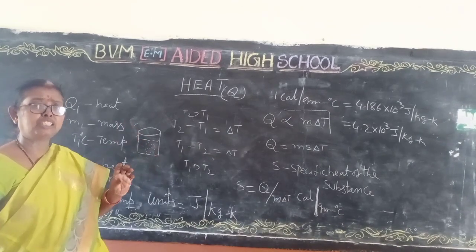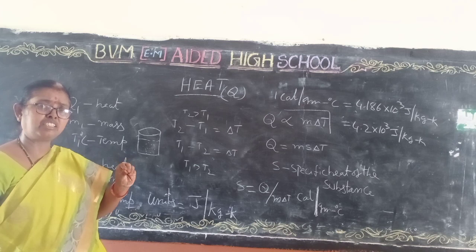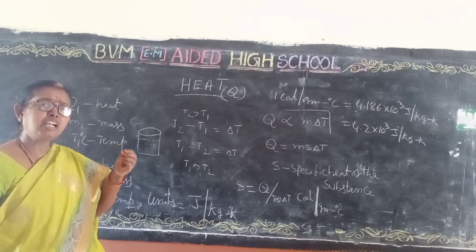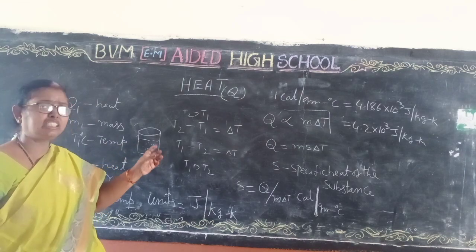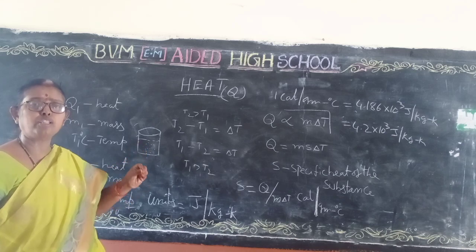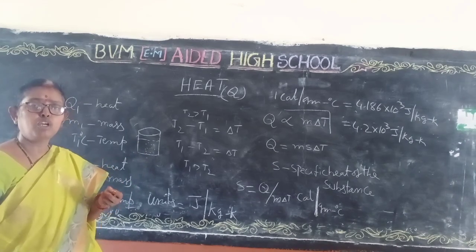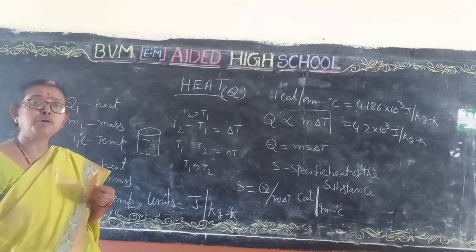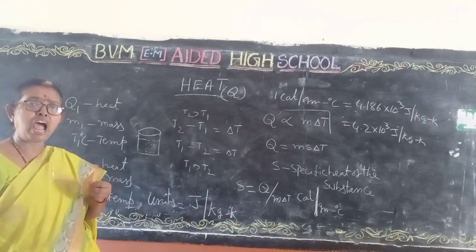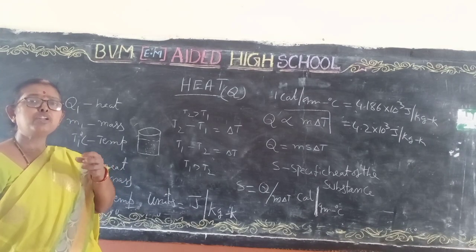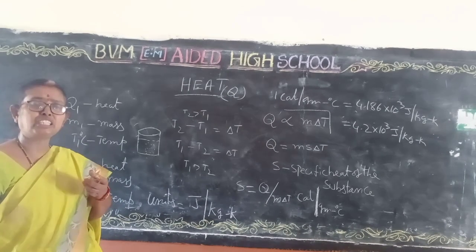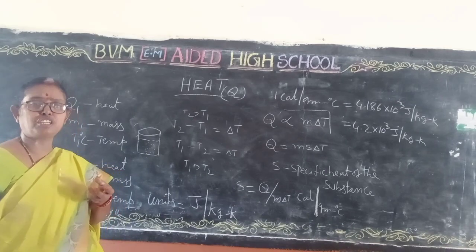But in the lower classes itself we learn that matter exists in 3 states: solids, liquids and gases. In any condition, when energy is received, there is a change in the position of the atoms or particles in the molecules. When they move, they have some kinetic energy. And when this kinetic energy is there, the atoms or molecules move in all directions. That is, the rotational energy is there. They collide with each other.